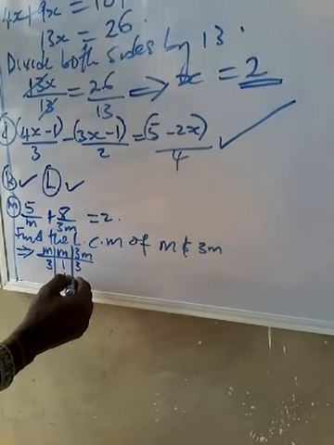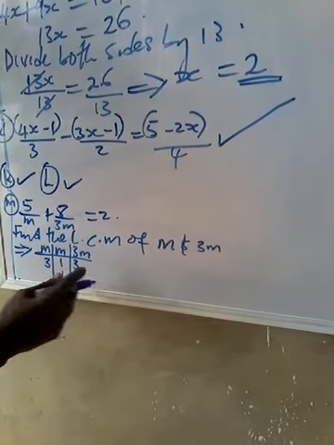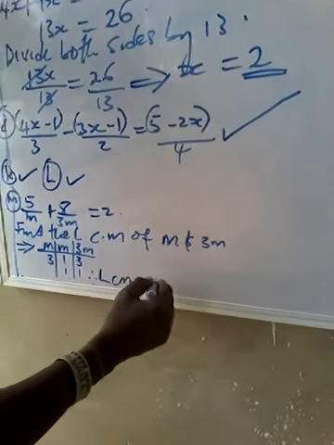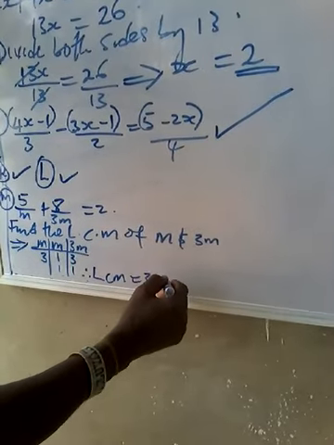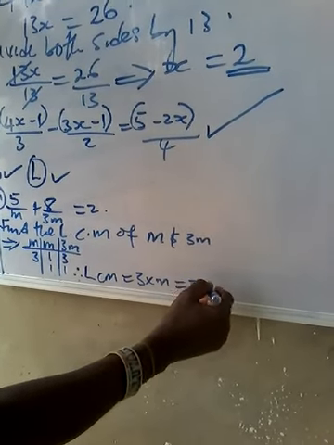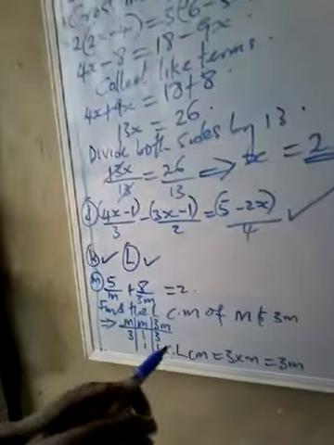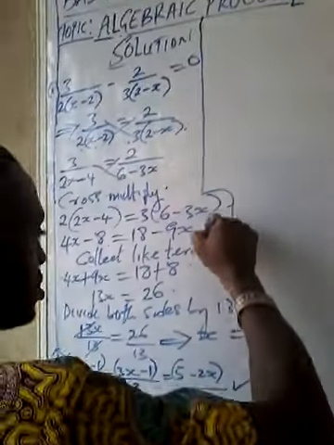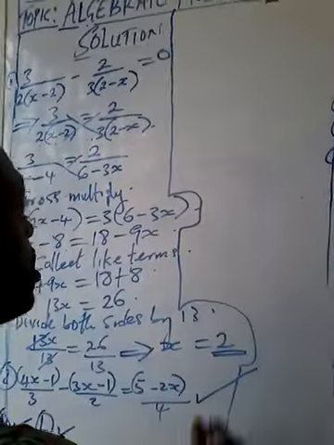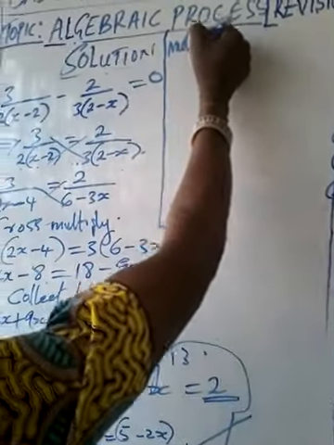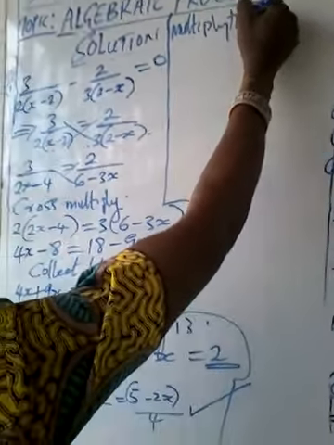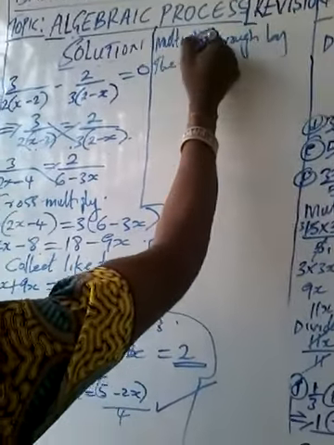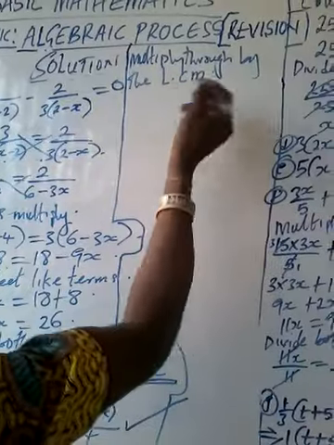Bring 1 down. And then 3 divided by 3 will give you 1. So what is the LCM? The LCM therefore is equal to 3 times m, and is equal to 3m. So when you're multiplying through by the LCM, what you're going to have is